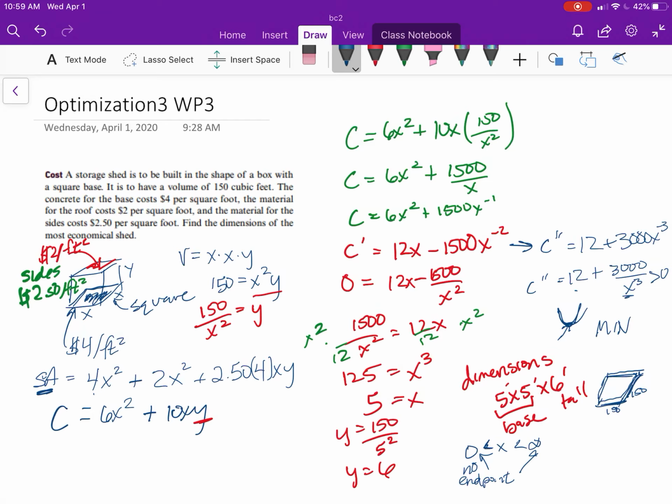Some problems might have a further restriction which would create an endpoint. Like it could only be, let's say, 5 feet wide or something, or 6 feet, whatever it is. If it gave you a restriction, that could be an endpoint, and you would have to check it to make sure you get the absolute max or absolute min, whichever one